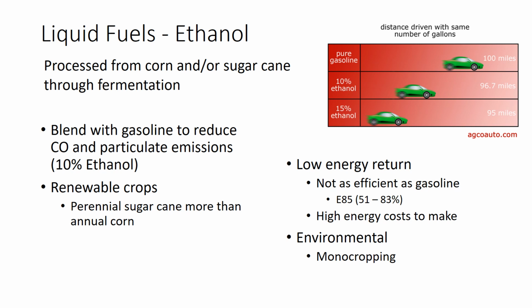So if you think of your 93 Super as opposed to your 87, it has more ethanol in it. So it does make your car a little less efficient, because you're not getting as much energy from that ethanol as you would from pure gasoline, crude oil gasoline. But it does have a reason to be in there beyond fuel efficiency. The higher up you go in ethanol, the less efficient it's going to be compared to gasoline.